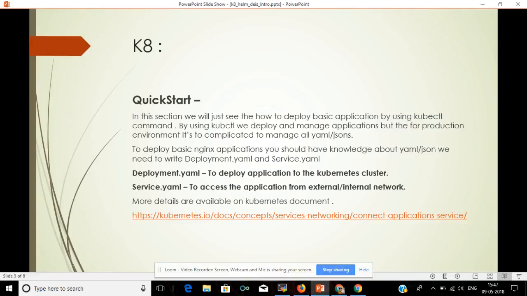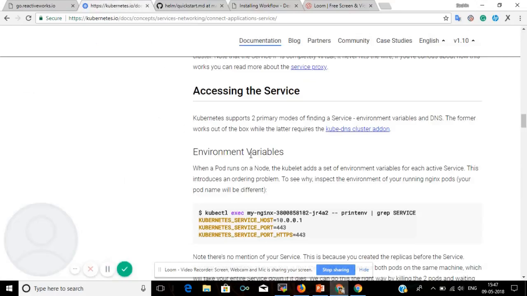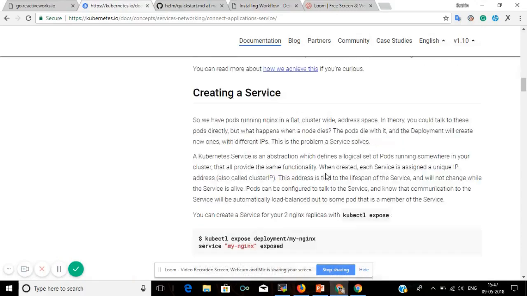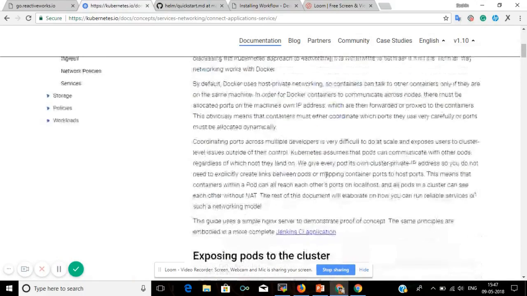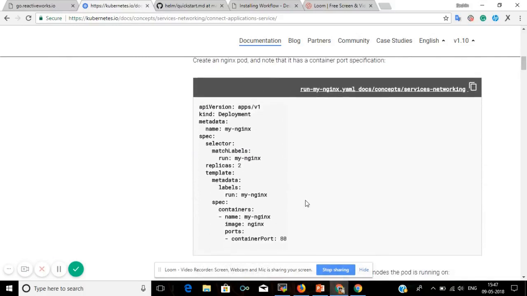I have already mentioned the Kubernetes docs quick start URL in the document, so we can see it here. What we need now is to write a deployment.yml like this.